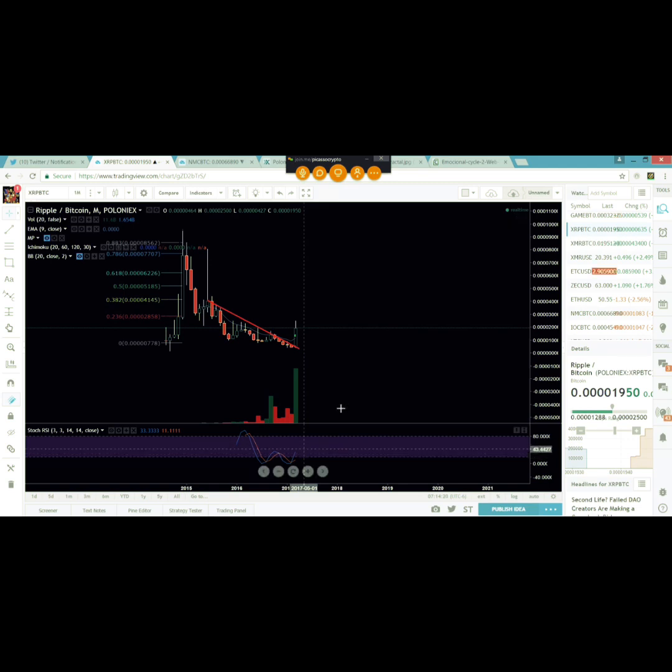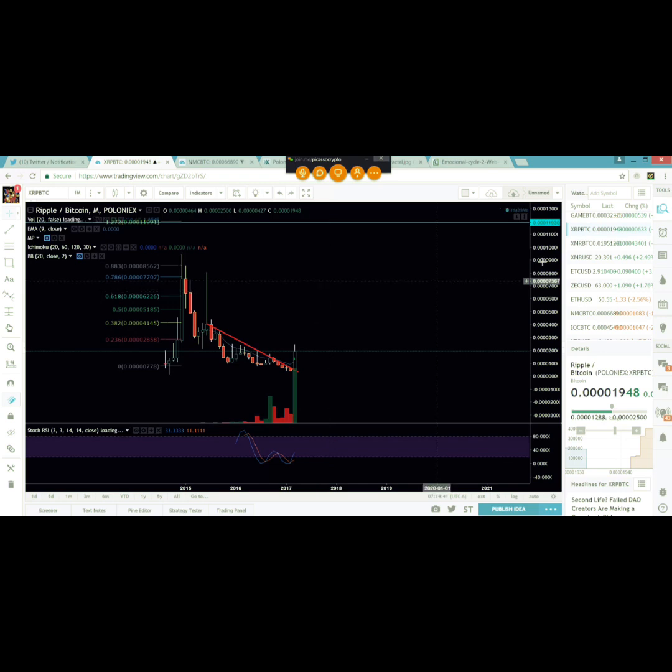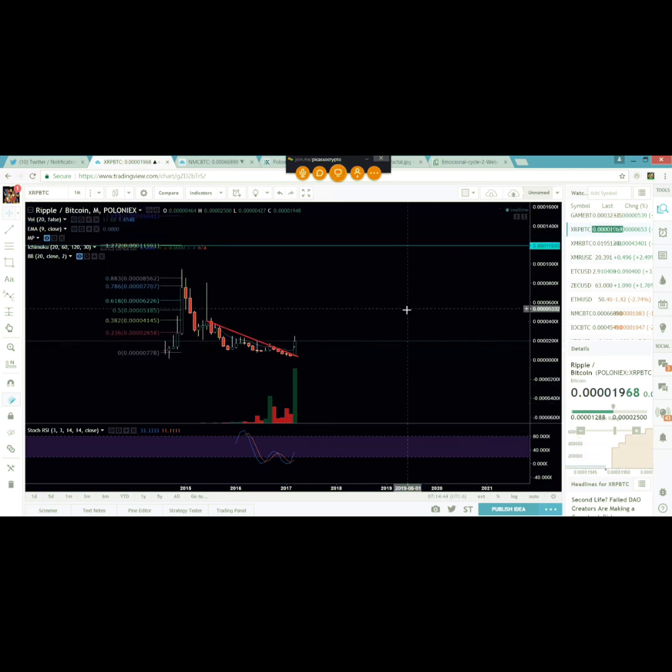High time frame stochastic RSI strength is growing. You broke a downtrend from a previous market cycle. We're starting a new market cycle for this. This coin is going to start a new market cycle. And what does that mean? It means it's most likely going to make a new all-time high.